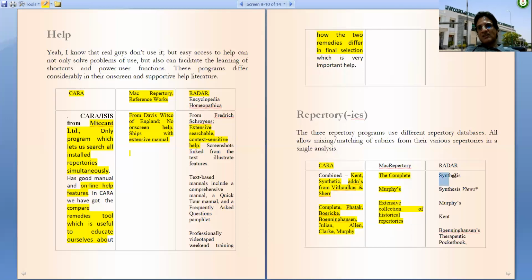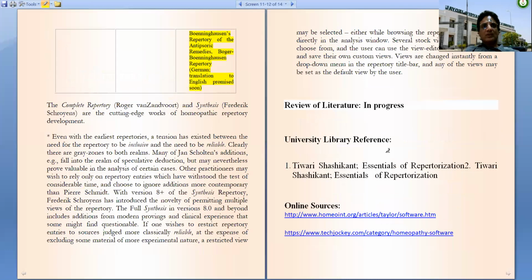RADAR contains Synthesis, Murphy's repertory, Kent's repertory, Boenninghausen's Therapeutic Pocketbook, Antipsoric repertory, BBCR.